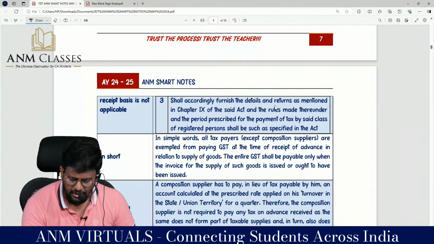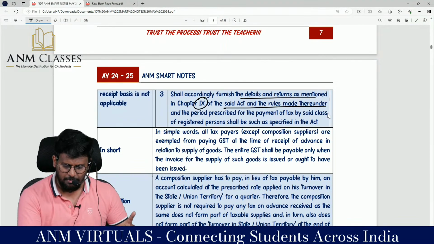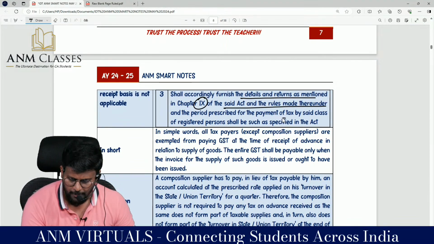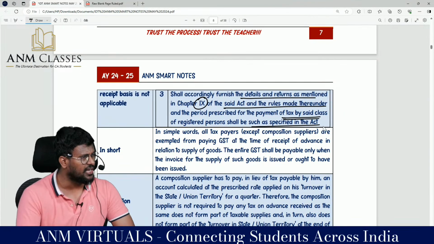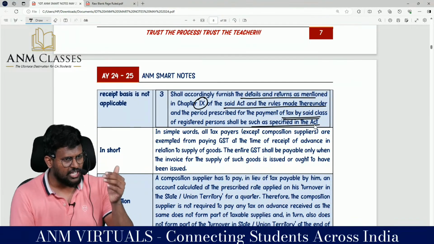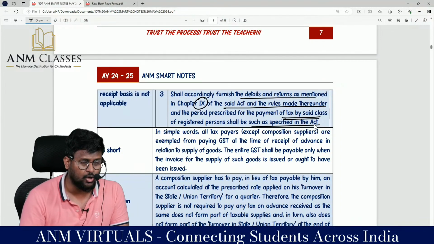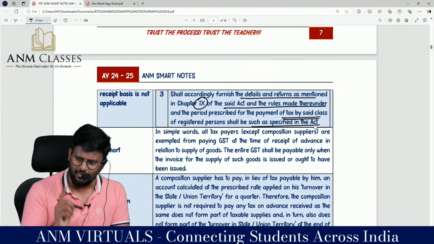shall accordingly furnish the details and return as mentioned in the chapter of the said act, and rules made thereunder, and the period prescribed for the payment of tax by said class of registered person shall be such as specified in the act. That means if you are a supplier of goods, if you are getting any advances, my dear lovable students, the date of invoice or date of payment, whichever is earlier, which GST